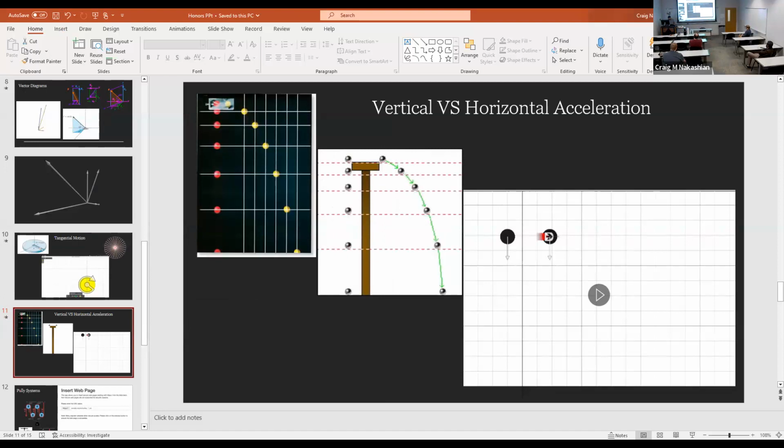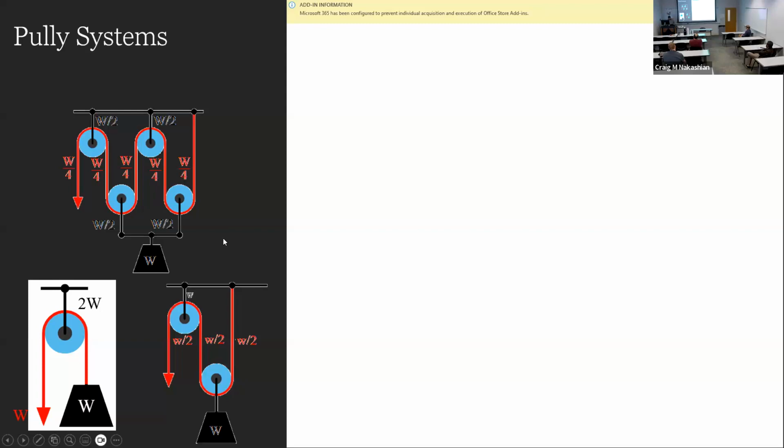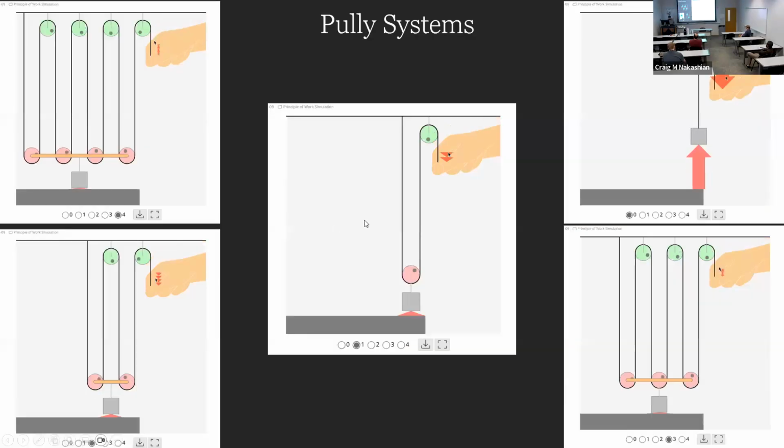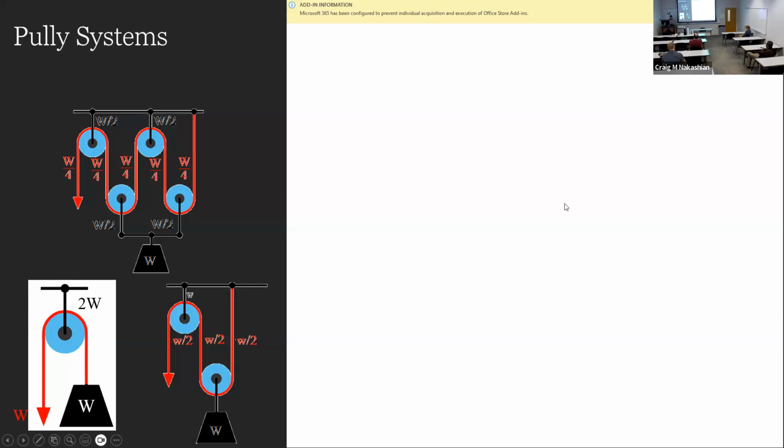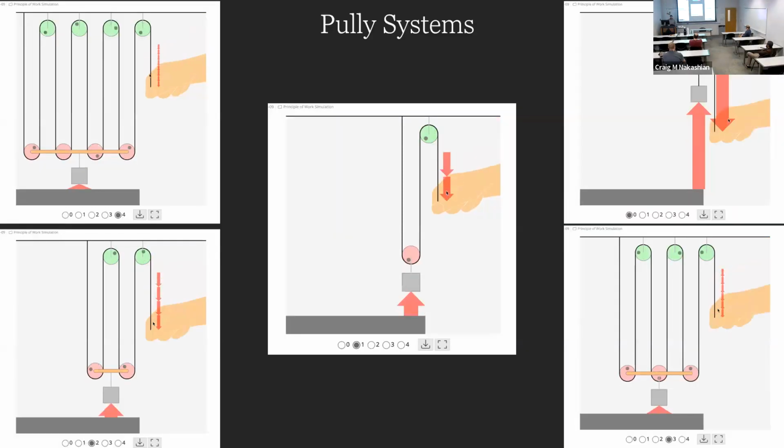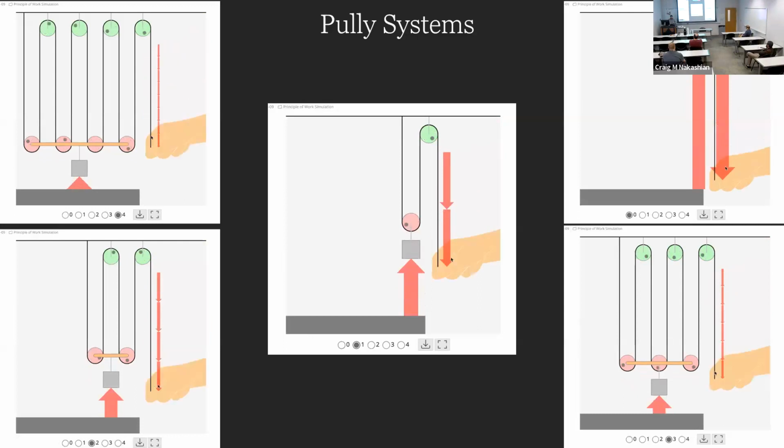Let's go back into this, the pulley systems. What we're supposed to see here is an interactive model, a web page that we can interact with. But the security system on one side of the campus is not the same as the security system on the other side of the campus. This particular web page is locked out. But if we were to see it, we would see something along these lines. This particular website is pulleys in motion